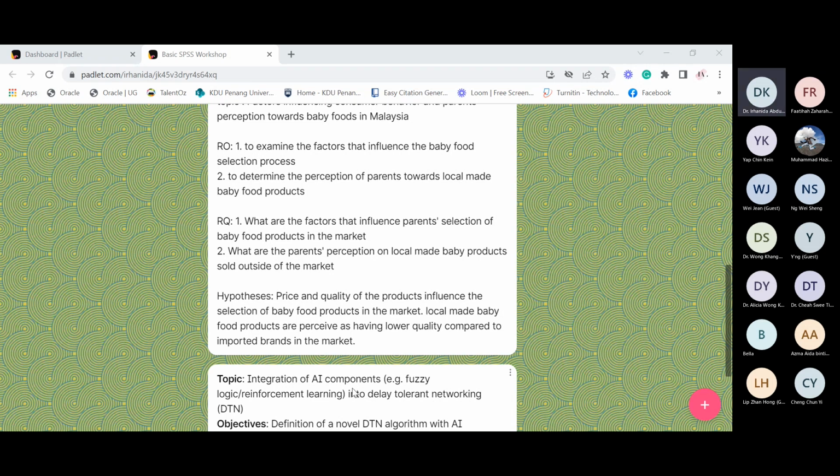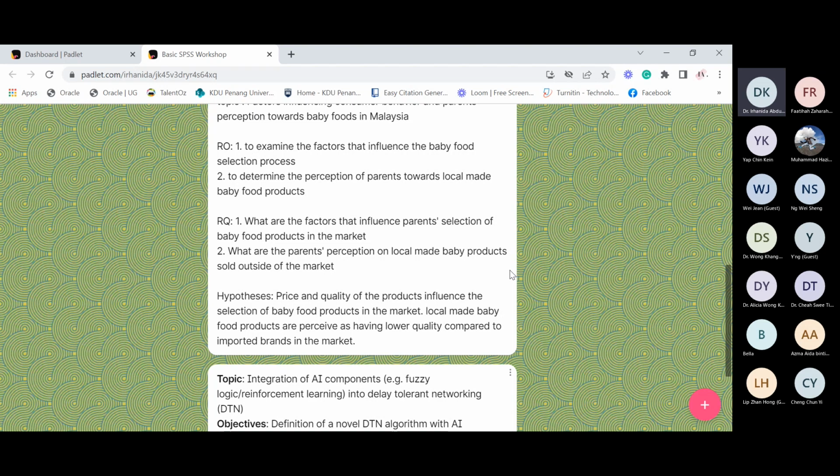Is it a descriptive analysis or inferential analysis? Miss Fatiha, what kind of analysis do we need to use? Descriptive analysis.